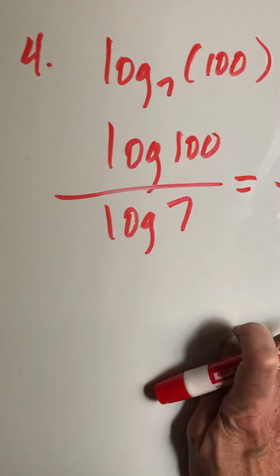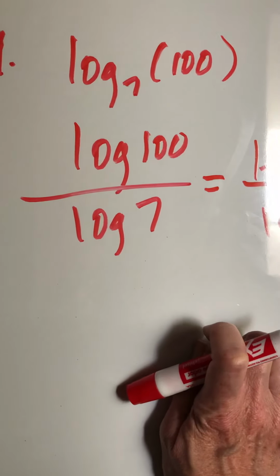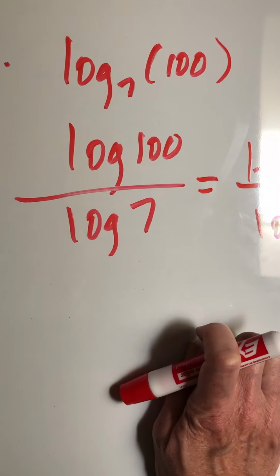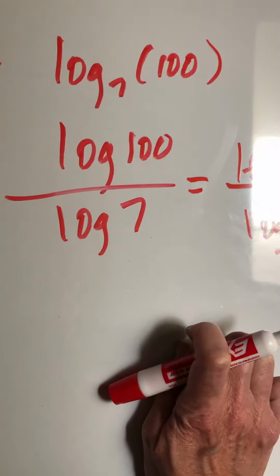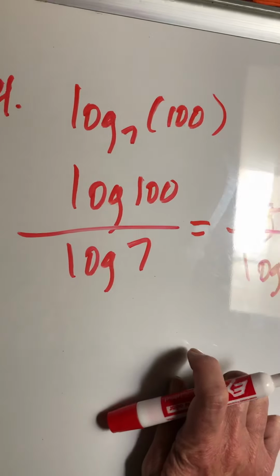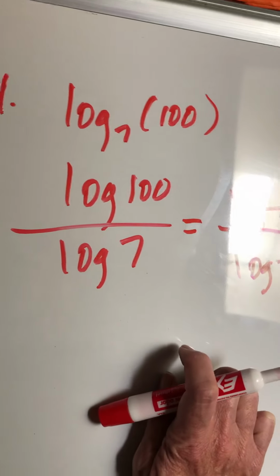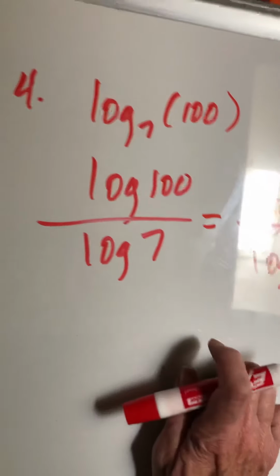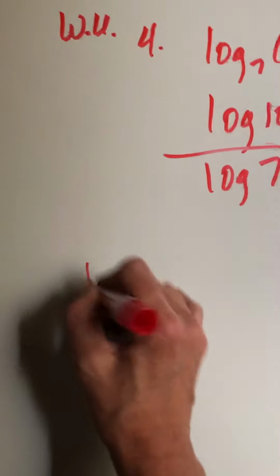Then on your practice, it says change to a base 10. That's using the change of base formula like I showed you. A through D are all like that. E you'll know how to do. Now on F,